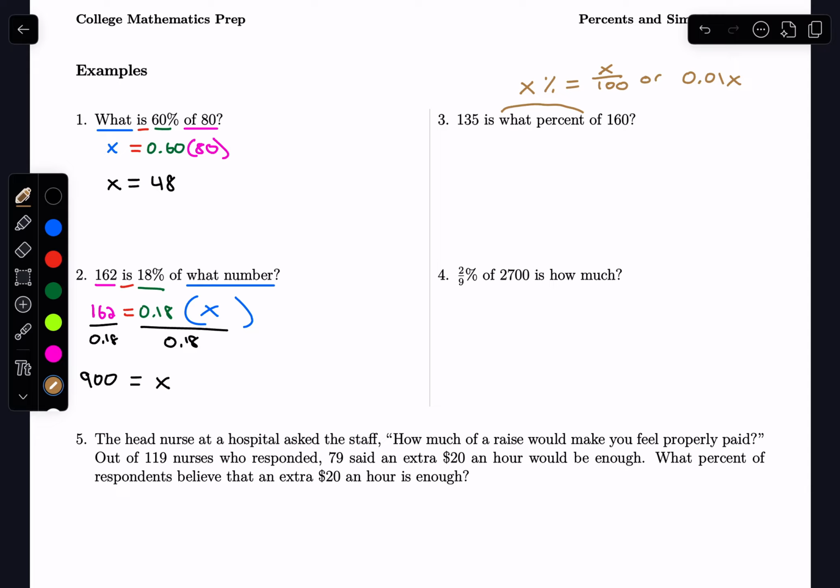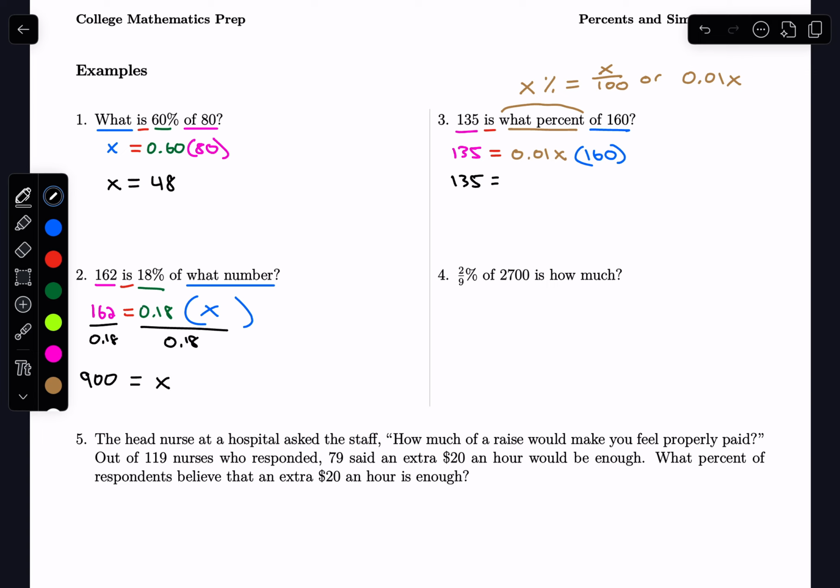All right, so now when I start translating this, we have 135 is just a number. The word is always means equals. What percent is where I'm going to write the 0.01x. And then of 160 means to multiply by 160, so I'm going to put 160 in parentheses. Now, if I simplify that right side,